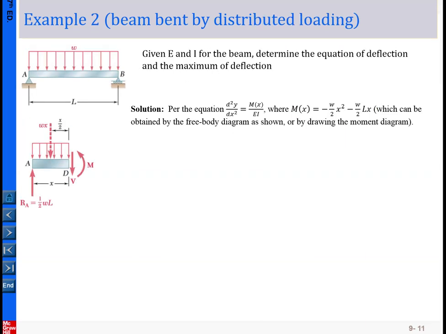So another example is the beam bent by distributed loading. Again, for this case, the first thing I want to find out is what this one here is, and I prefer using the bending moment diagram on the other side. If you like, you can use the free body diagram here. Maybe rather than using the bending moment diagram, we can try this. And if you remember